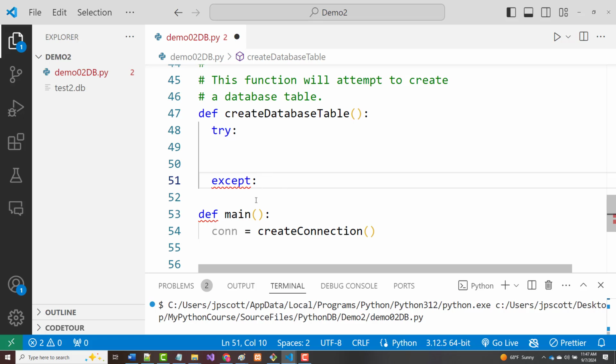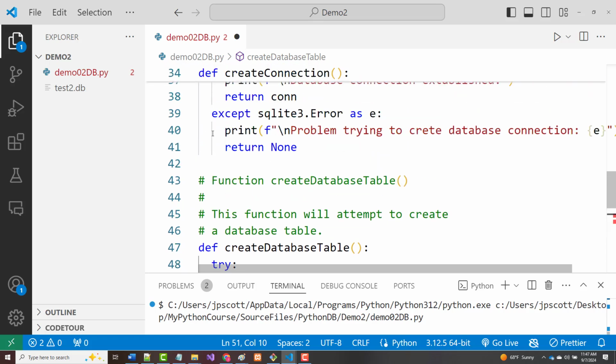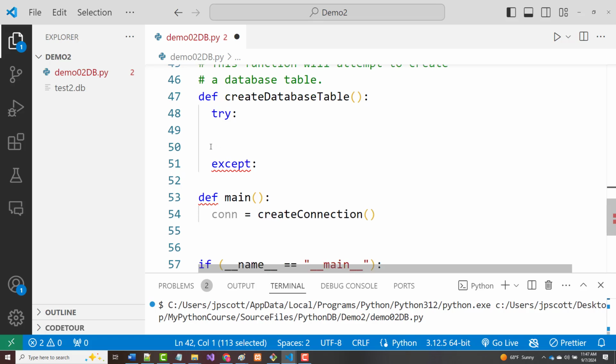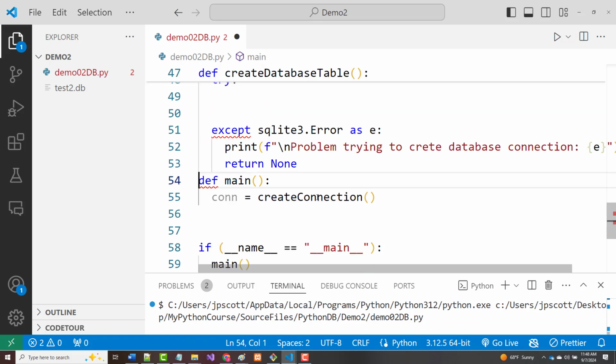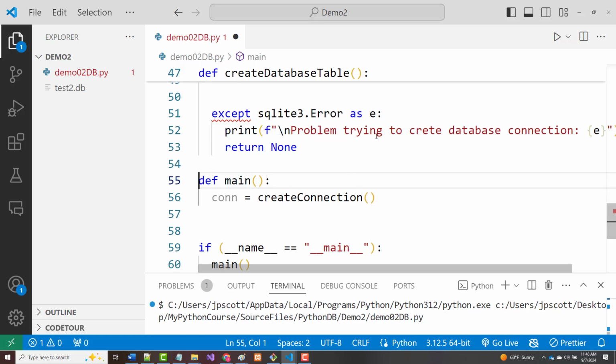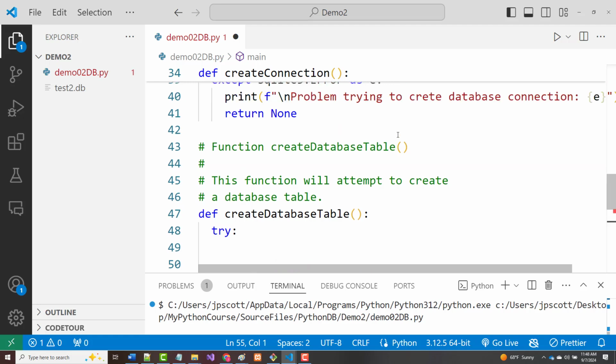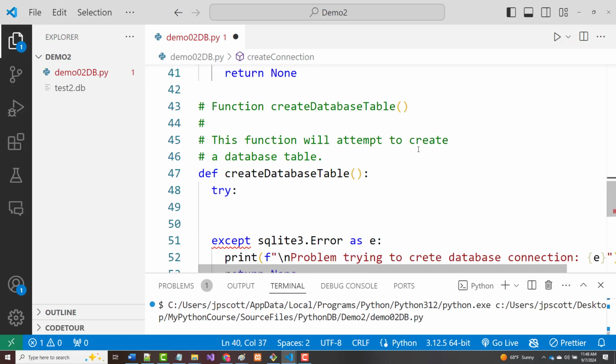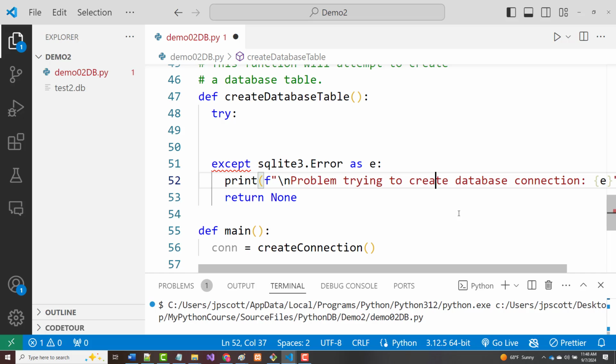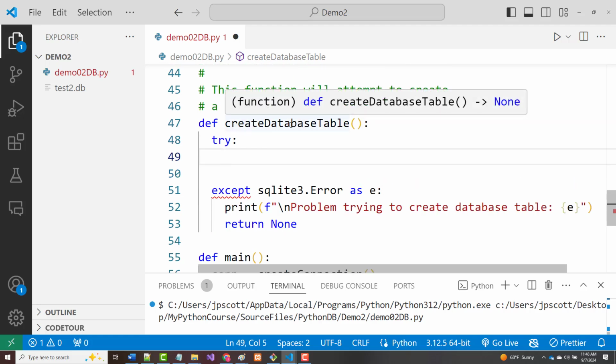And again, we're getting the same error for the same reason we did before. All right, what I can do is I can grab this, because I want to do basically the same thing here. All right, so except SQLite error problem trying to, looks like I spelled create wrong up there. So problem trying to create database table. All right, so in this try, what I care about in here then